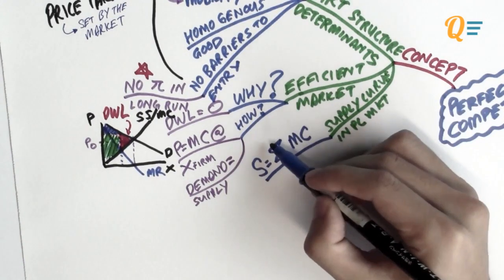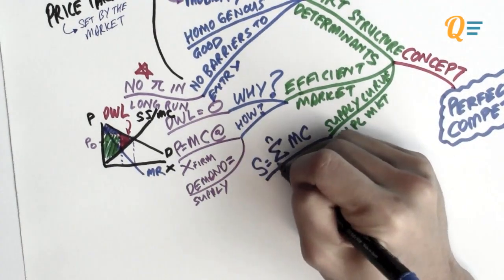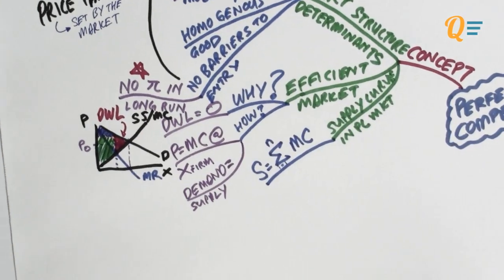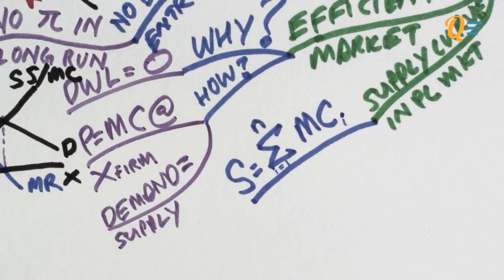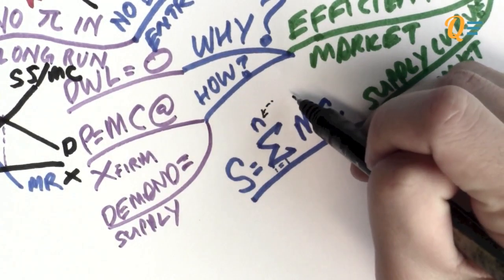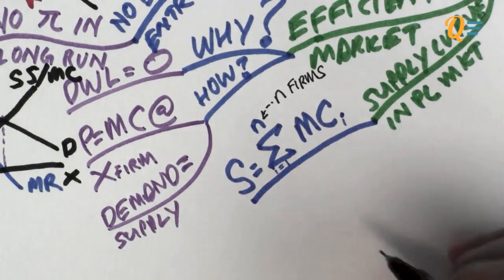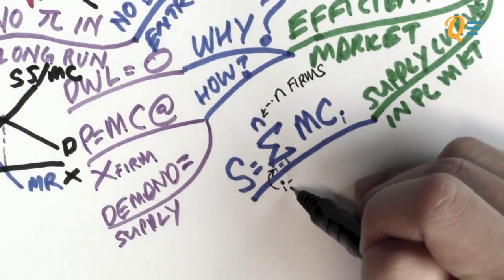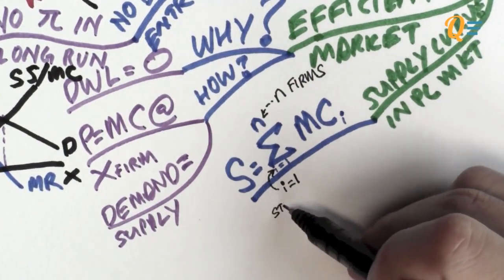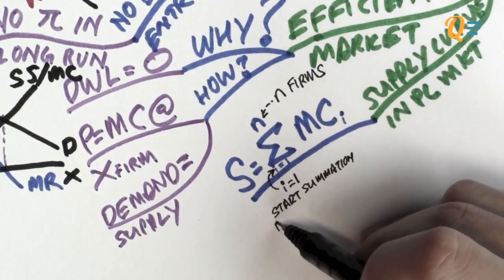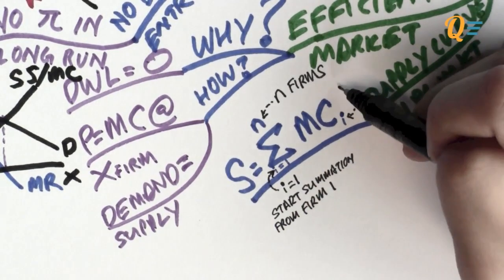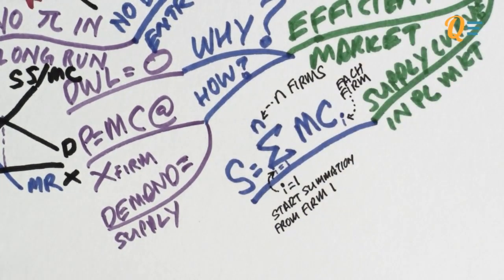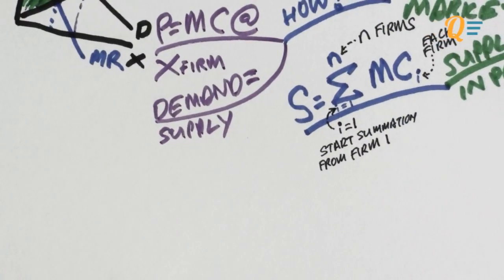Your supply curve is actually the sum of all your marginal cost curves, okay? Let me explain what this summation notation means. The letter N on top of the summation sign refers to the total number of firms in the market. So let's say there are N firms. Now this over here, I'll write it clearly, is i equals 1. It's where you start the summation from. So of course, we're going to start from firm 1. And i over here refers to the number of each firm. So you've got firm 1, 2, 3, 4, 5 all the way until firm N.